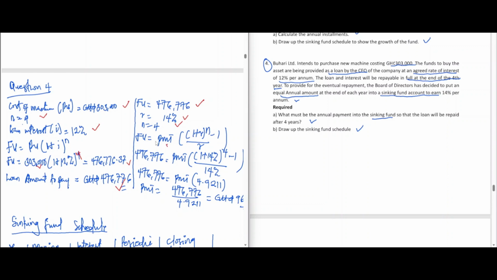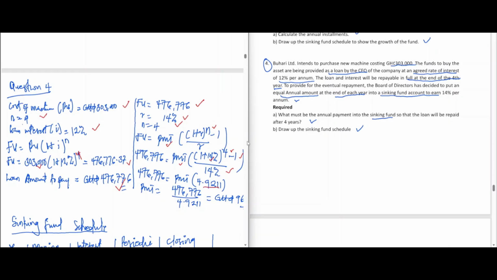So we know our future value is equal to our PMT, (1 plus R) to the power n minus 1, all over R, because in this case the payment will be done at the end of each year. We know that our future value is 476,776 Ghana cedis, equal to our PMT or annual payment that we don't know, (1 plus 14%) to the power 4 minus 1, all over 14%. So using our calculator, for (1 plus 14%) to the power 4 minus 1, all over 14%, we will now get a figure of